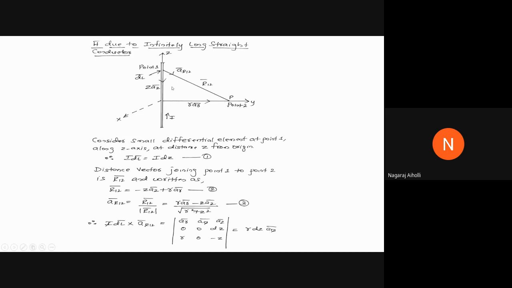Right? But when we consider the Z axis, see the direction of the Z axis. The X direction, Y direction, and Z direction are pointing away from the origin. That is the normal convention. But when we consider this direction for the point P of our interest, it is moving in the downward direction. That means it is opposite to the normal convention of the Z axis. Hence, the magnitude will be plus or minus ZAZ bar.